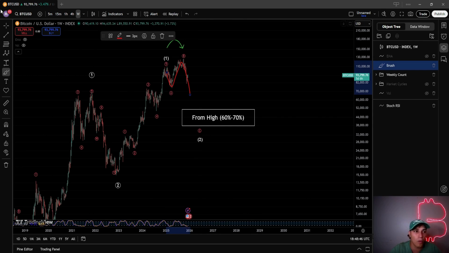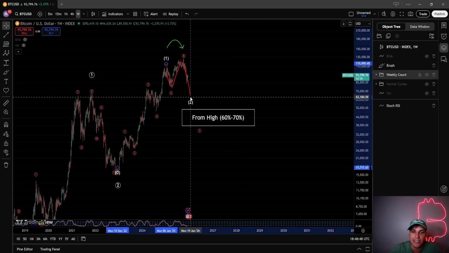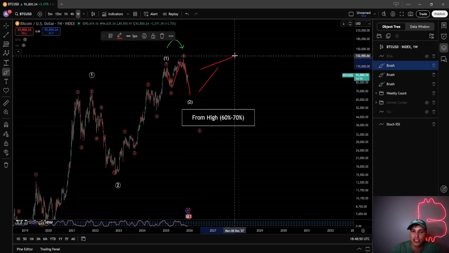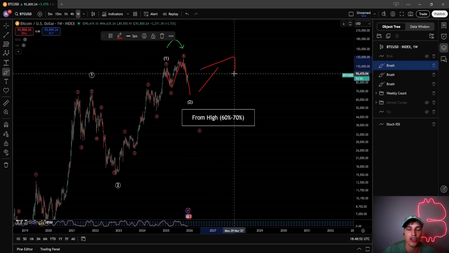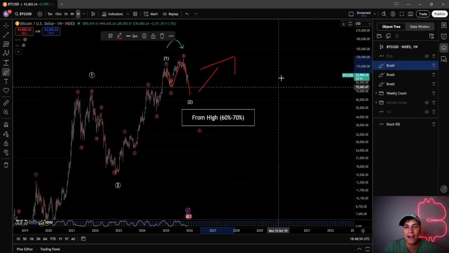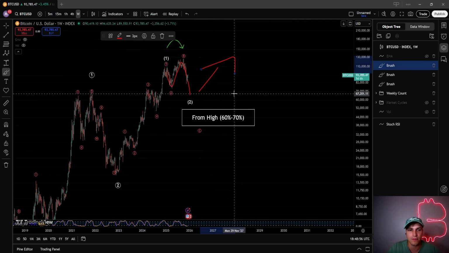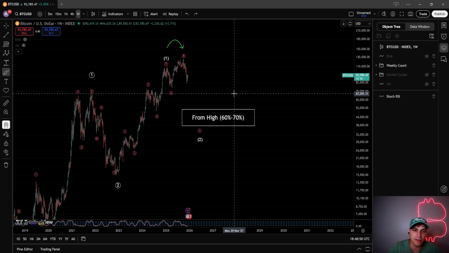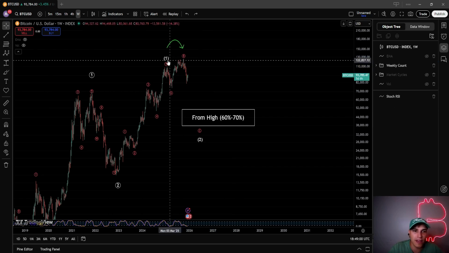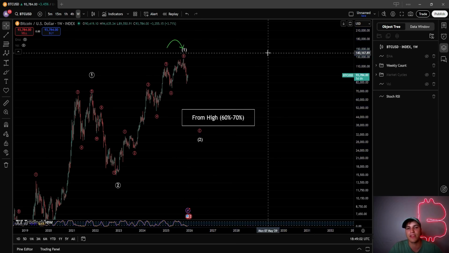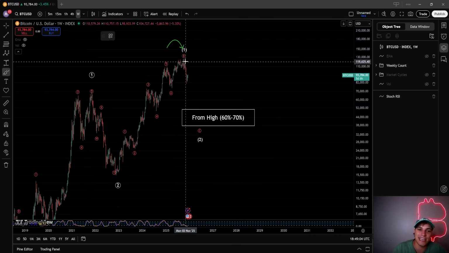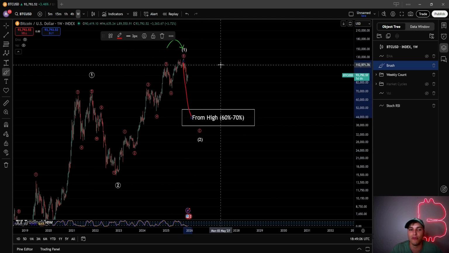That being our wave 2, and then our wave 2 would end here, and we are then looking at much higher price action, right? This is our one possibility on the chart. The next possibility is that our wave 1 ended over here, and that would mean we are only in the start of our move to the downside.